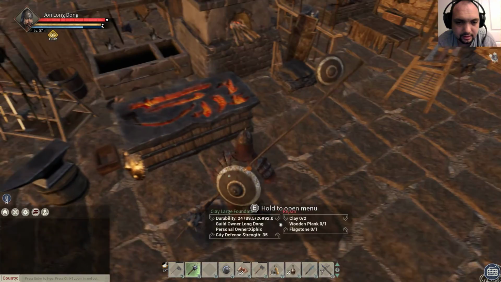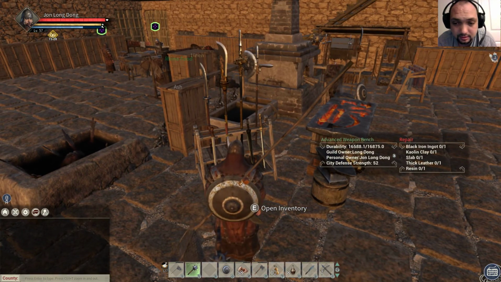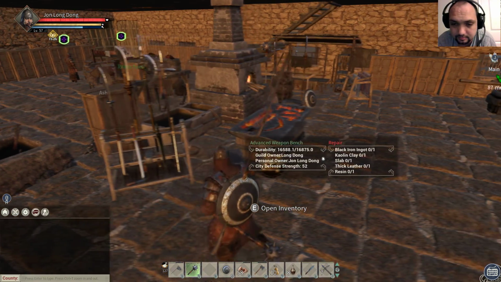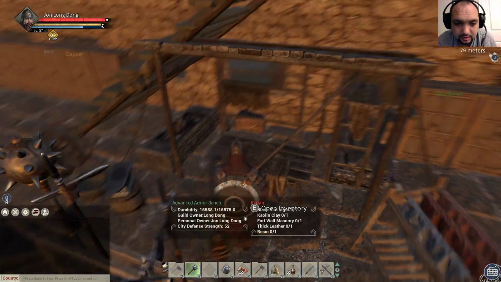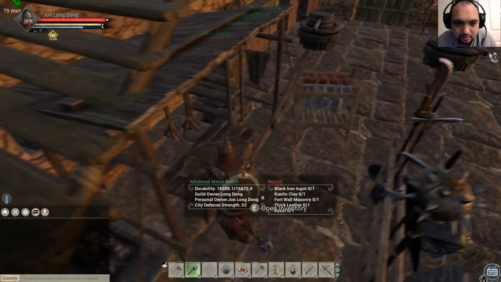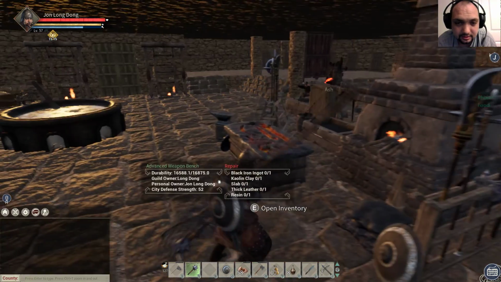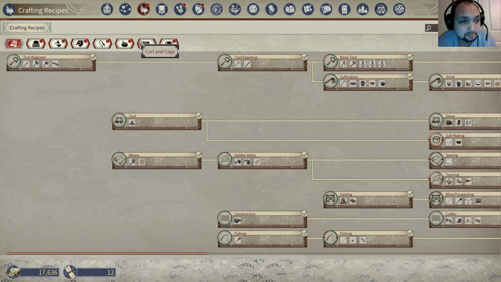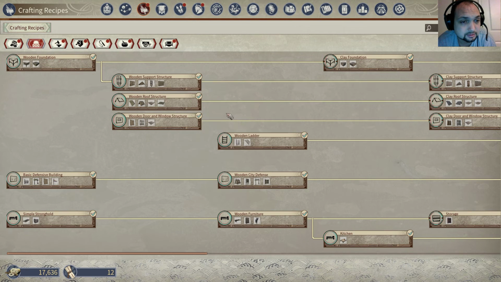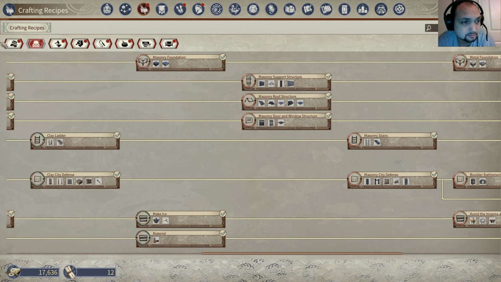Yeah, this is the advanced weapons bench. Very expensive edition. Very expensive. And you have the advanced armor bench. Another expensive edition. I know it may sound cliche, but like to build it was so...